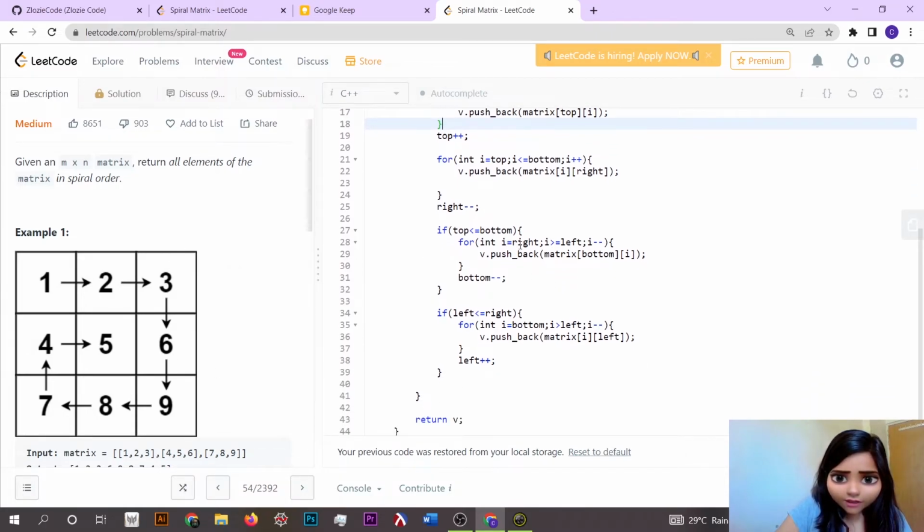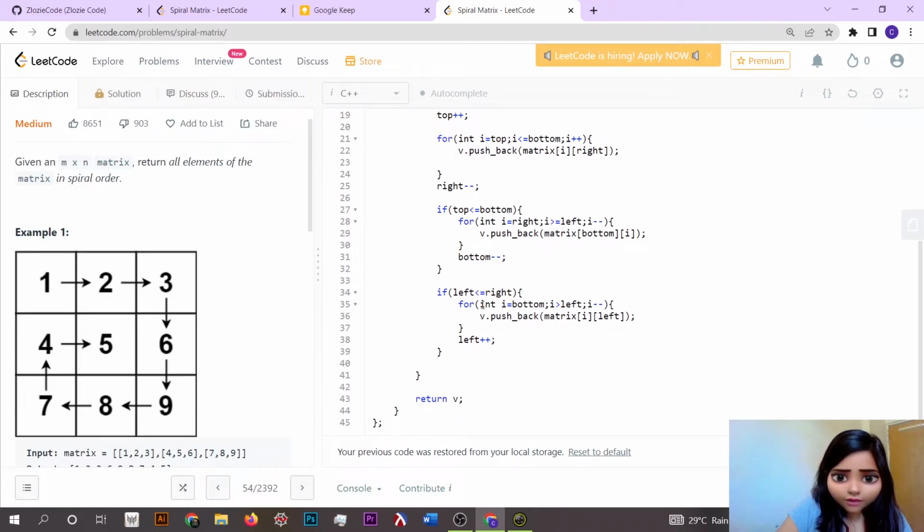Now after that we are going from right till left. So what we do, bottom is initially here, we just make bottom minus minus, so now bottom comes here. And then what we do, we check if left is less than equal to right, then we go upwards. So what we do here, we can see that right is here and left is here, so left is less than right, so we